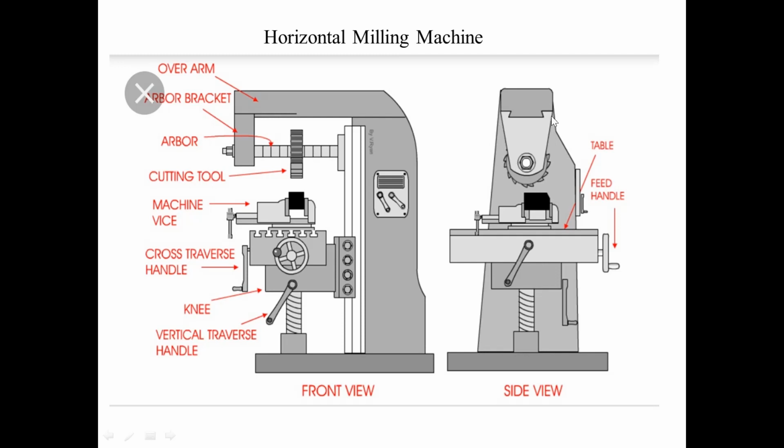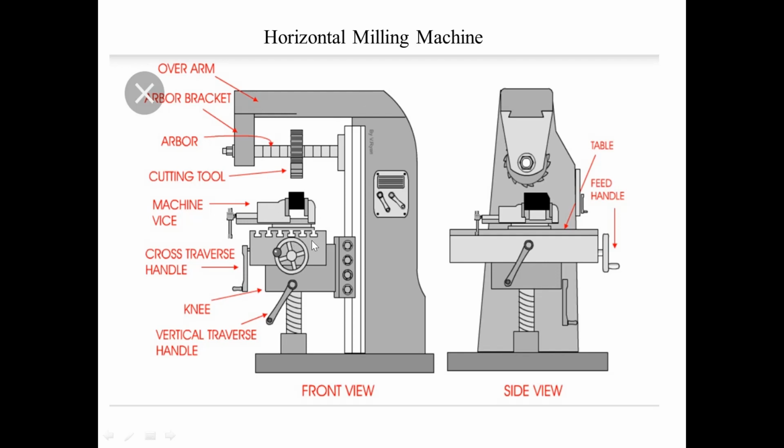Arbor bracket, you can see here, is in the shape of a V or U. It is in the shape of U, so this is the arbor bracket, and this one is the cutting tool. Always remember that on the outer periphery of the cutting tool you have cutting teeth, right? We have multiple teeth in this, but in a lathe machine we are not going to expect multiple teeth. We expect a single point cutting tool in the lathe, but in a milling cutter we expect a multiple point cutting tool. The lathe has a multiple point cutting tool only in the knurling operation. Okay, you should keep it in mind.